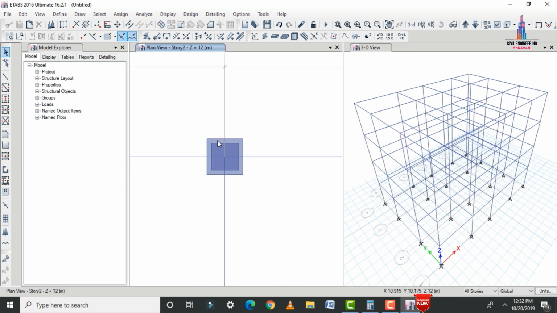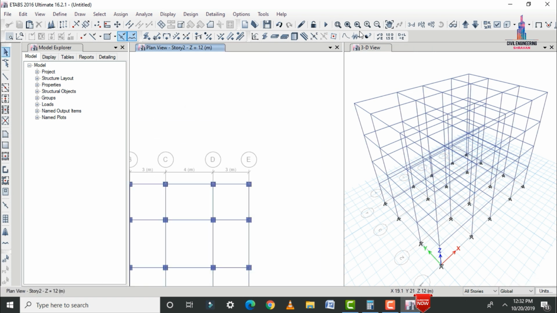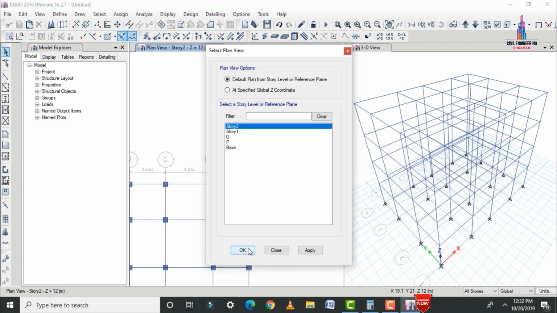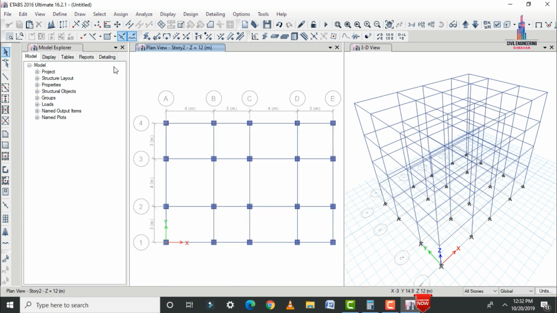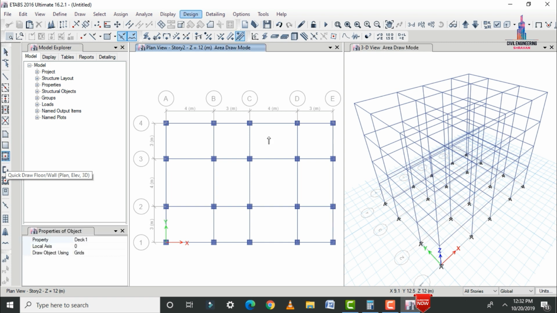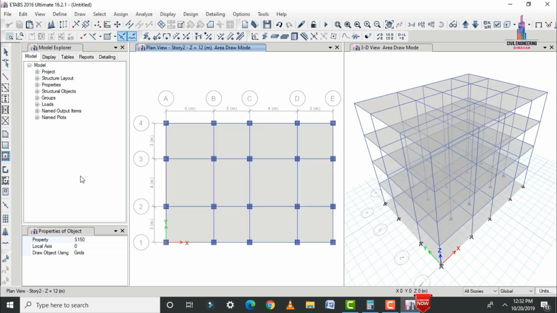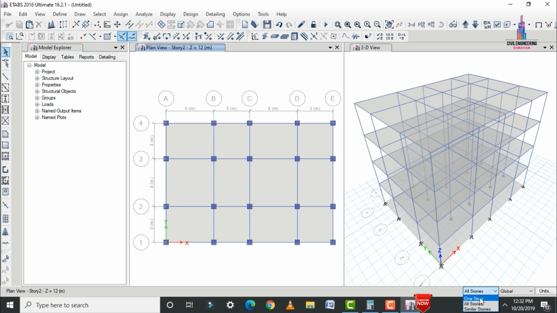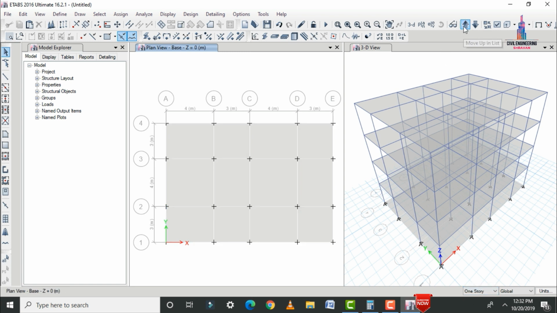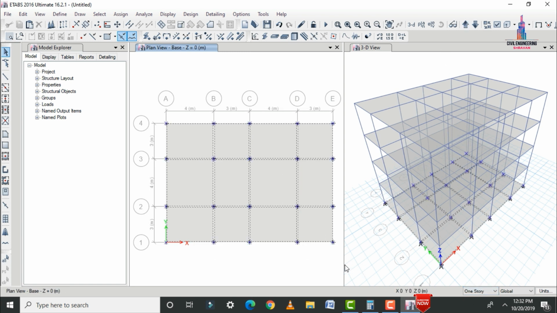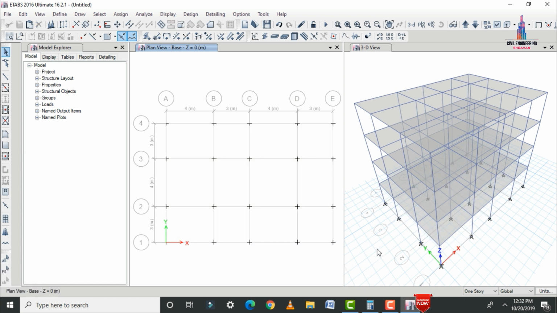So this is the column section which comes under the rectification of the existing structure, related to your G+2 building model. So after that we have to select the slab thickness. Select property name as slab S150, drag to your respective plan model. So after that we have to delete all the properties at the base of this building. Select one story option for that. Select the base here. Select all the properties at the base. Click on delete option. So it will delete all the properties related to the ground story.